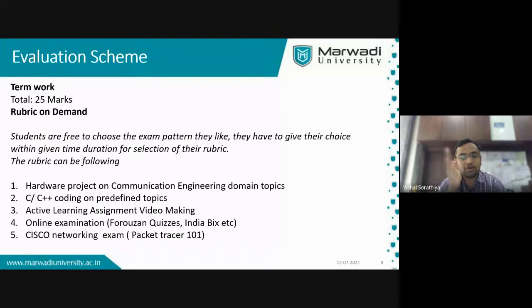Don't worry right now if you don't understand each and everything, because we will take an individual, detailed lecture on each and every topic. We will show you examples also, showing what your seniors have developed, and we are expecting such things. Okay. Any question on this part, up to term work?